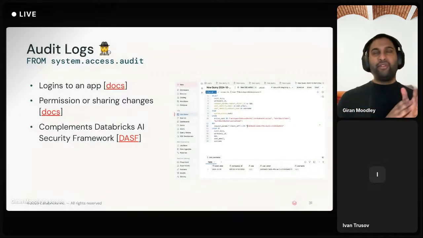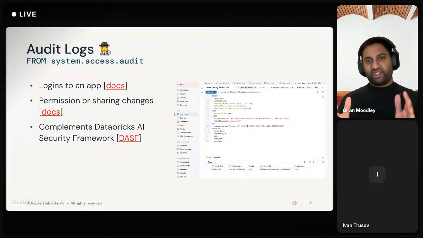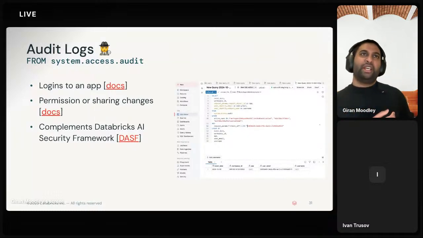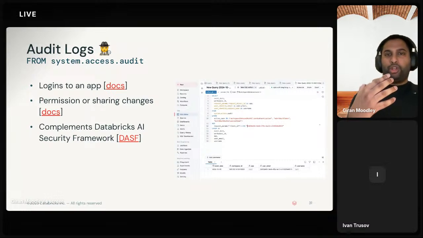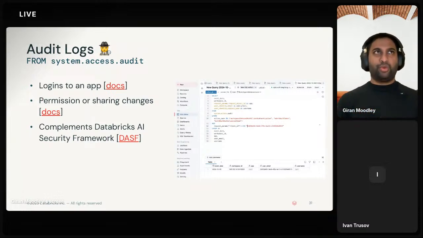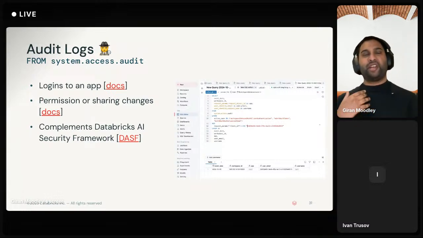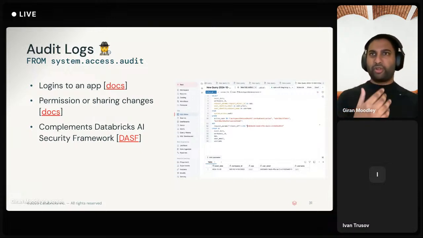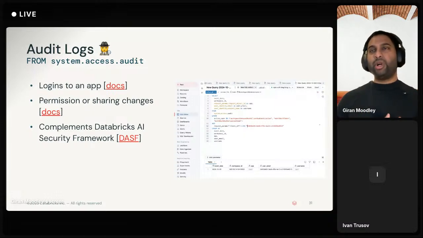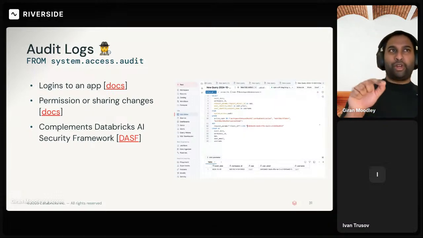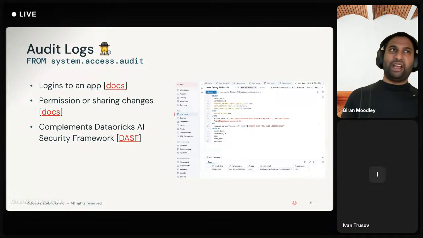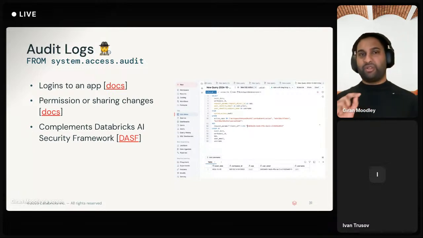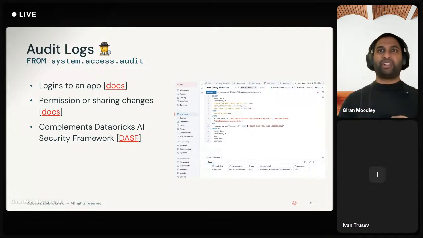As available today, there's a capability called system tables, and what this lets you do is see how your Databricks platform is being used across the board. So when it comes to looking at things like logins to a particular application or things in relation to development or permission changes, that's available there as well. And it's important that we loop this in as part of the AI security framework as well. So that's been updated to include things like Databricks Apps as well.